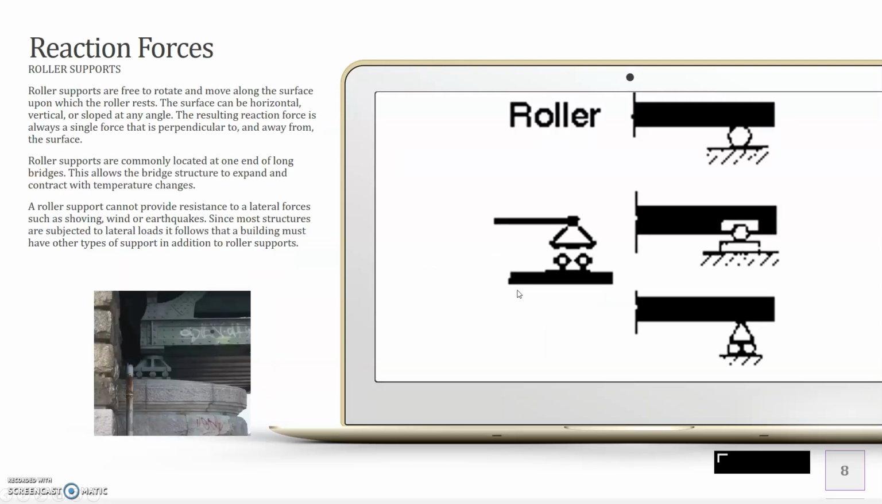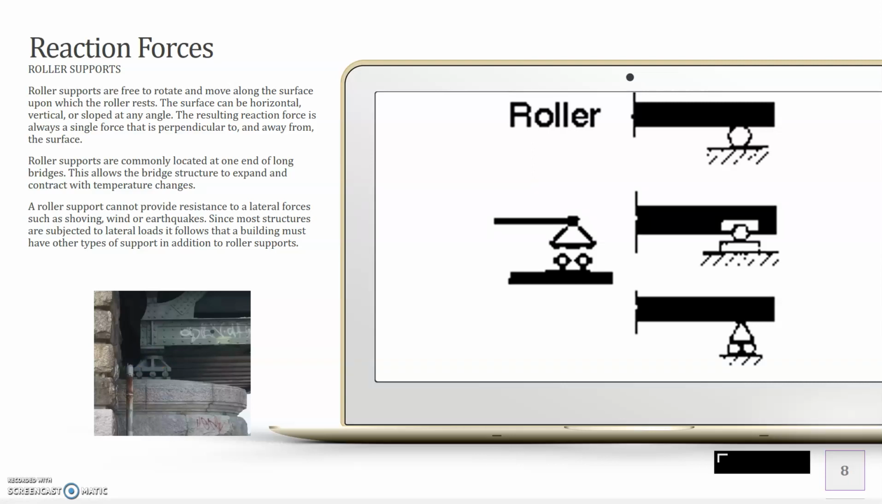Roller supports are free to rotate and move along the surface upon which they roll and rest. The surface can be horizontal or vertical or sloped. It causes them to roll as needed. So here are some different variations of them. This is the one we'll see. And here on a bridge is the actual roller. You can see how they have the three rollers, and this is going to allow it to roll and move